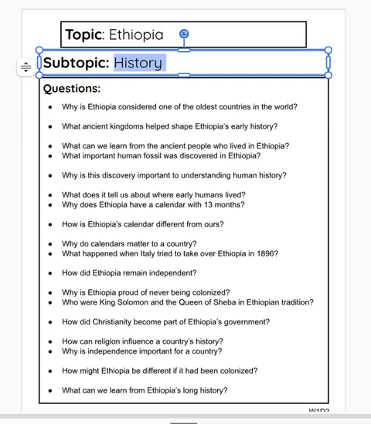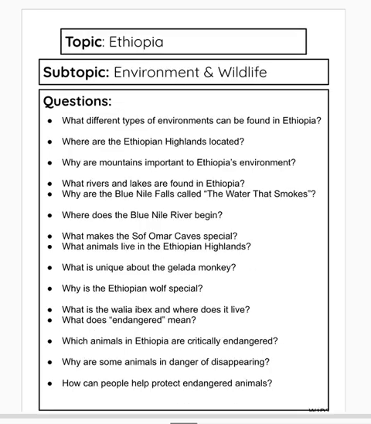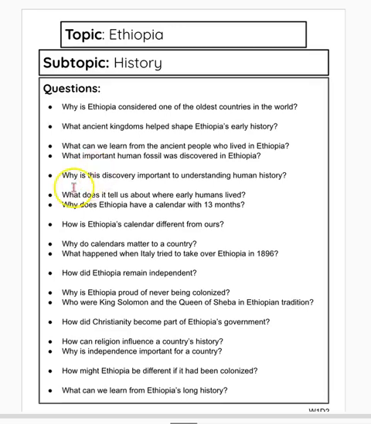My topic or my country is Ethiopia. And then I started asking questions that I had about people and culture of Ethiopia, questions about environment and wildlife of Ethiopia, and same with history. The students were asked to come up with 5 to 7 questions they could ask. Those would be their research questions, and that's what they would use to type into the computer to look for sources to learn about